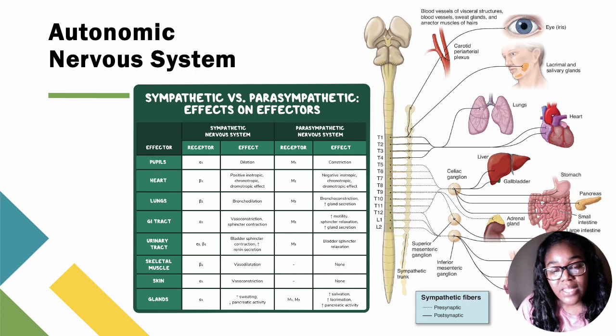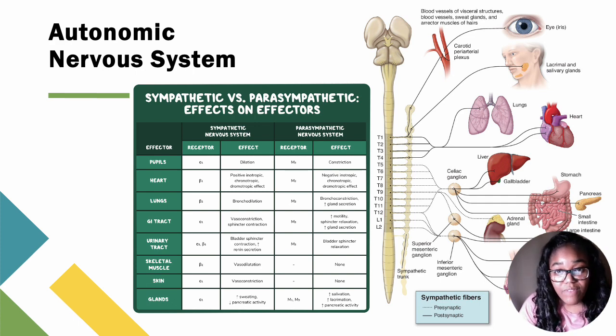So it's important to know that this system innervates all kinds of areas in the body, from the pupils, heart, lungs, GI tract, urinary tract, skeletal muscles, skin, and even certain glands. So again, when we talk about our sympathetic nervous system and our parasympathetic nervous system, let's think of these as a balance between the two. Both of them must exist in order for the body to function appropriately, and they both have their strong suits, and they both have their negative suits. So we're going to dive into the